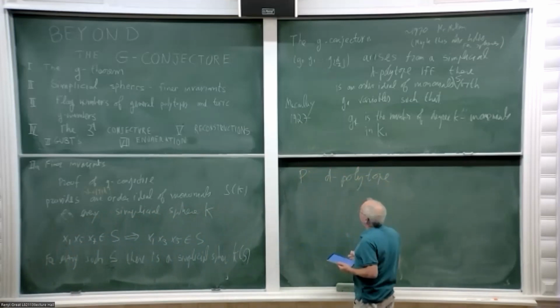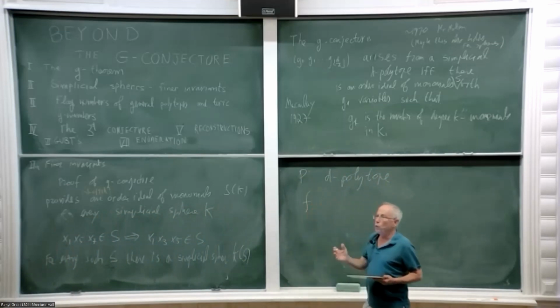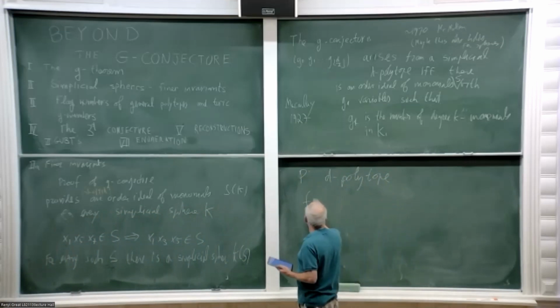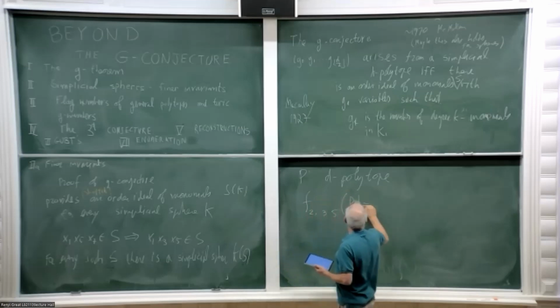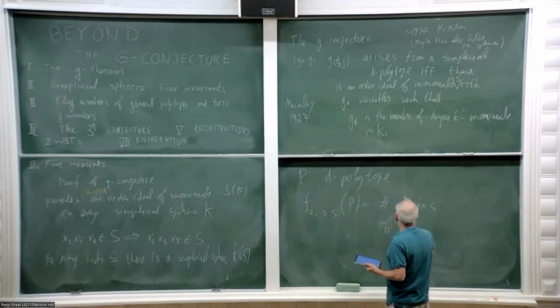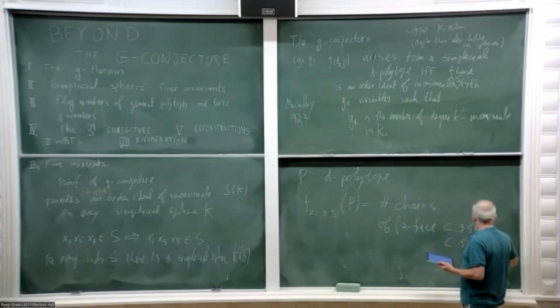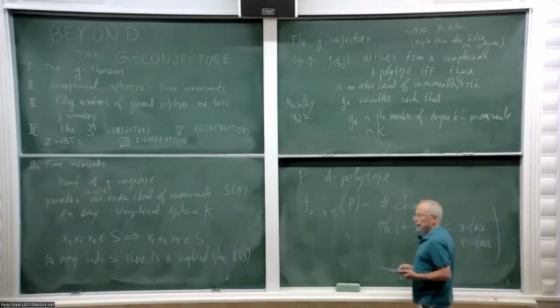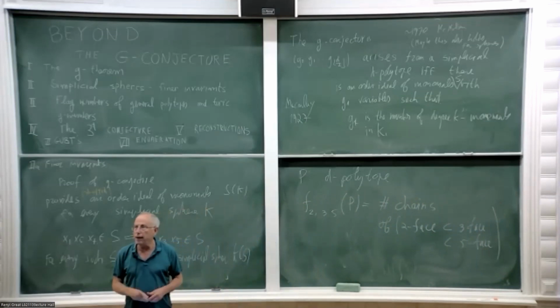So what is a flag number? A flag number corresponds to several indices, say f_{2,3,5}(P). This is the number of chains of a two-face inside a three-face inside a five-face. So these are the flag numbers. Of course, the face numbers are a special case of the flag numbers, but